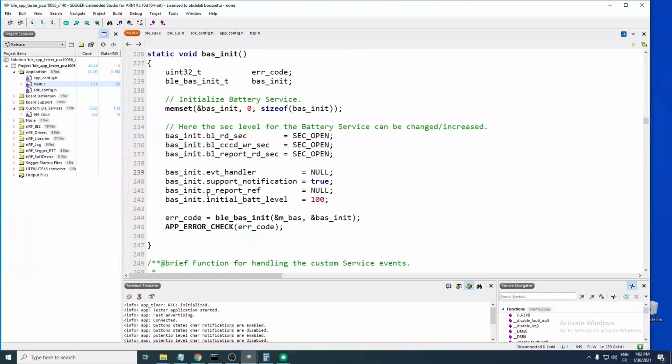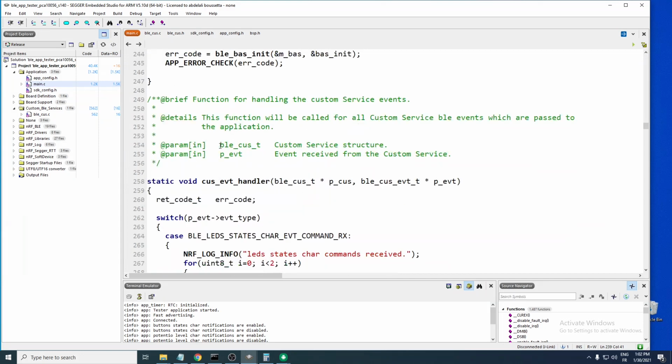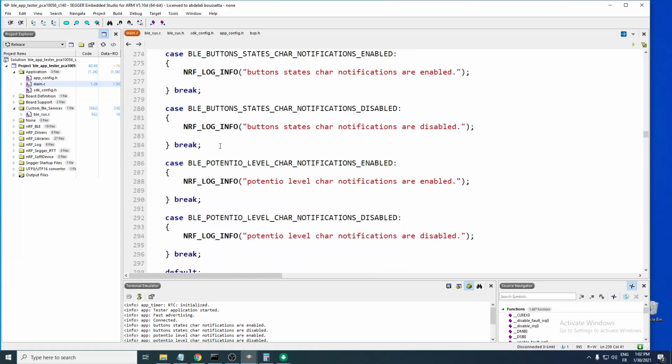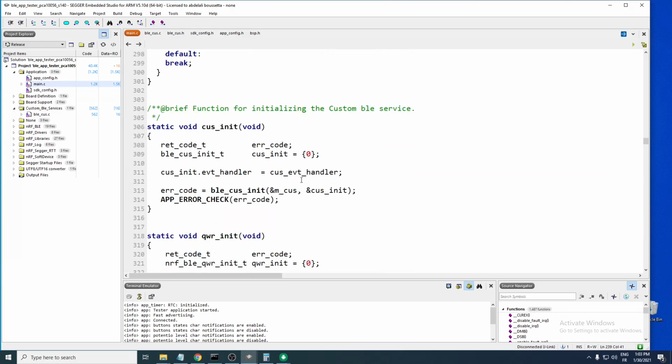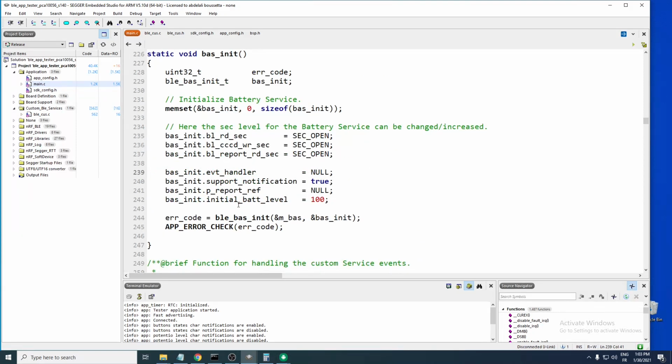For our custom service, as you might see, we have already set the read access and the write access. We've set most of them in the custom service files. And here we just had the event handler, but here we don't need it, because the function that we'll be using to update the battery levels just sends them. If the application is connected, it can then start the notifications and get them. But if it's not connected, it will actually be an error, but we don't handle that error, as we know that this error will occur if the application is not